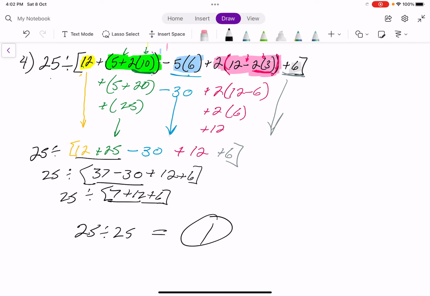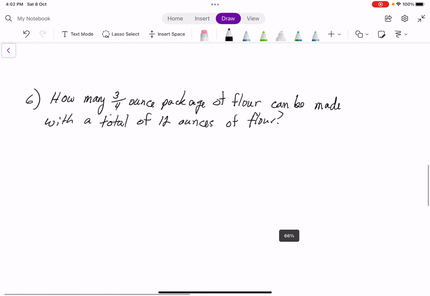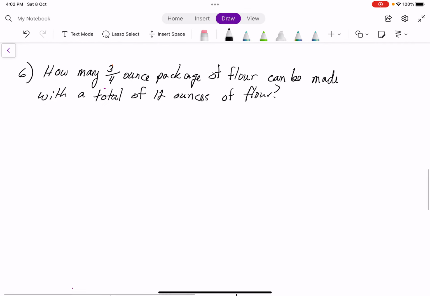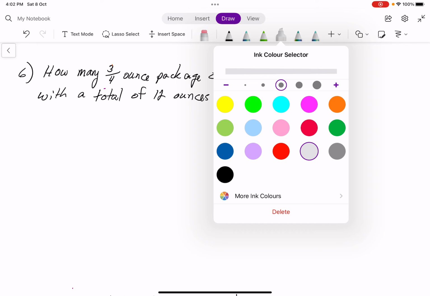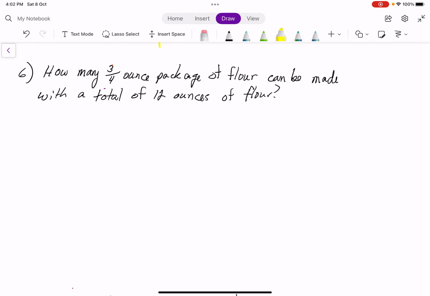All right, so now we're going to go ahead and move on to the 2 word problems that you guys asked for me to do as well. All right, so for this word problem, first, let's just go ahead and read it through. So it says, how many 3/4 ounce packages of flour can be made with a total of 12 ounces of flour? So remember, we're given a total, and then we're saying how many of this type of package can we